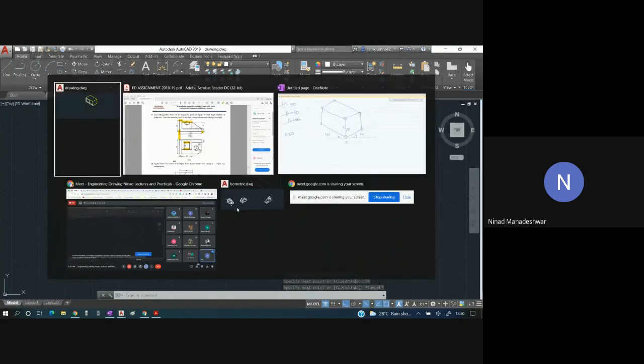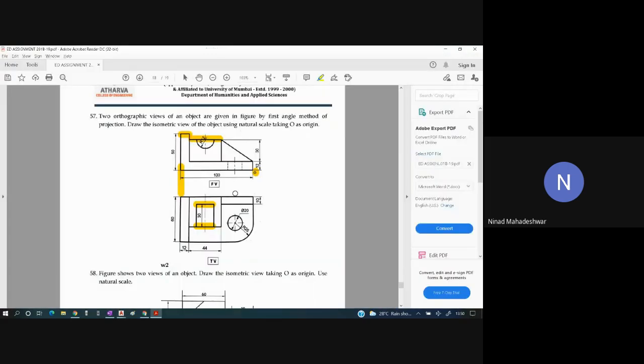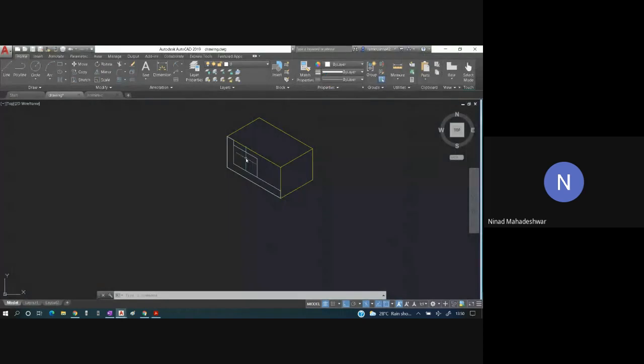Next is drawing this entire part, that is the triangular part. How will you draw this triangular part, students? We will join those ends. Yes, you will join this end to the other end.